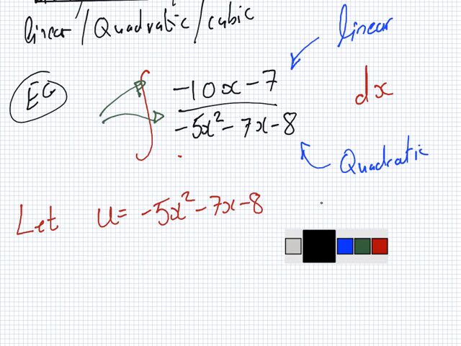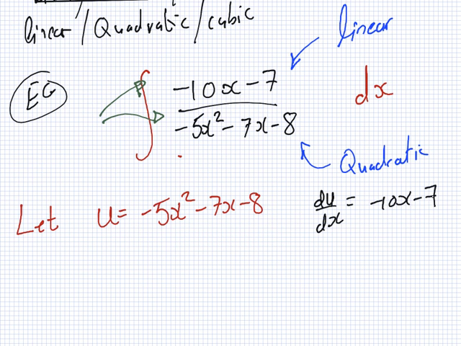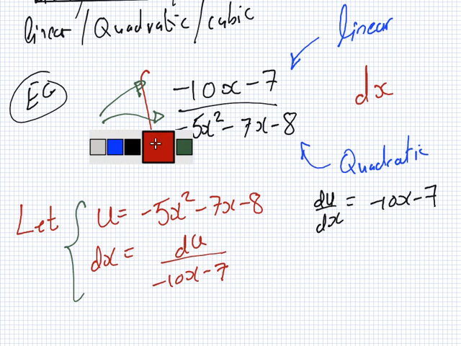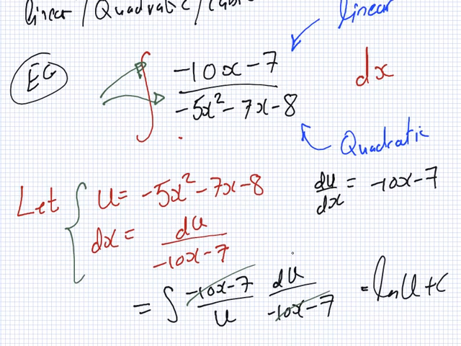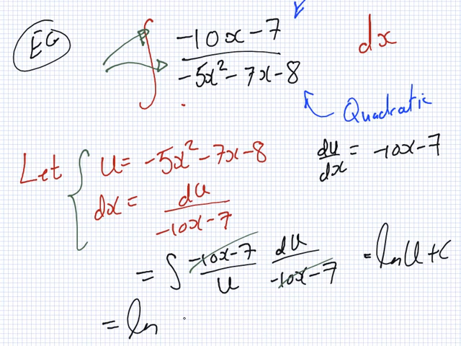So that means du dx would equal minus 10x minus 7, which then means dx equals du over minus 10x minus 7. Putting these two back in, we now get the integral of minus 10x minus 7 over u, du over minus 10x minus 7. Cancel, cancel. Integrating 1 over u, log u plus c. So the answer is log of that